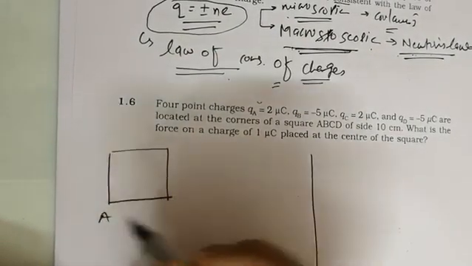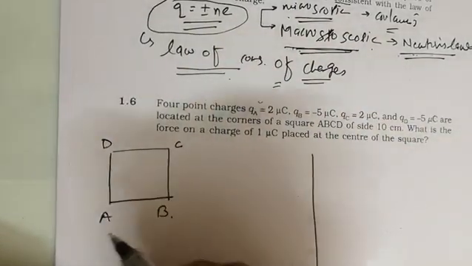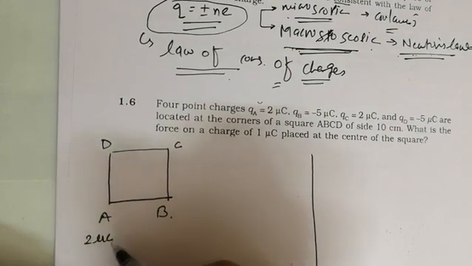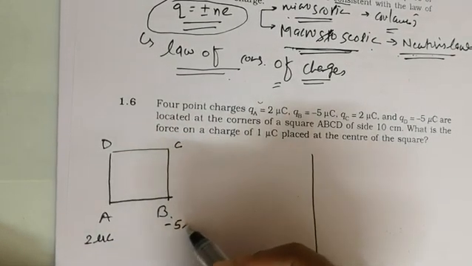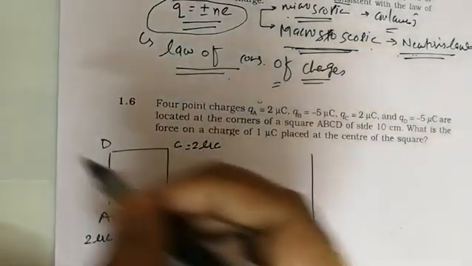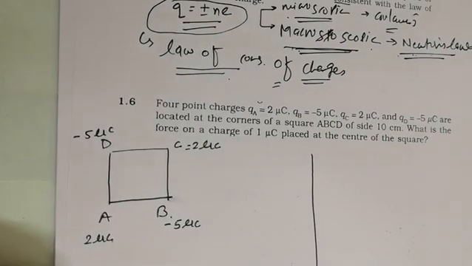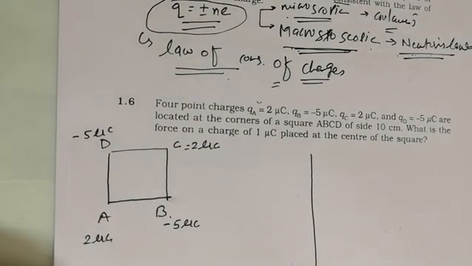I have 4 charges placed on each corner of the square. On A, I have 2 microcoulomb. On point B, it is minus 5 microcoulomb. On C, it is 2 microcoulomb, and on D, it is minus 5 microcoulombs. The very first simple method which I am going to show you is this: